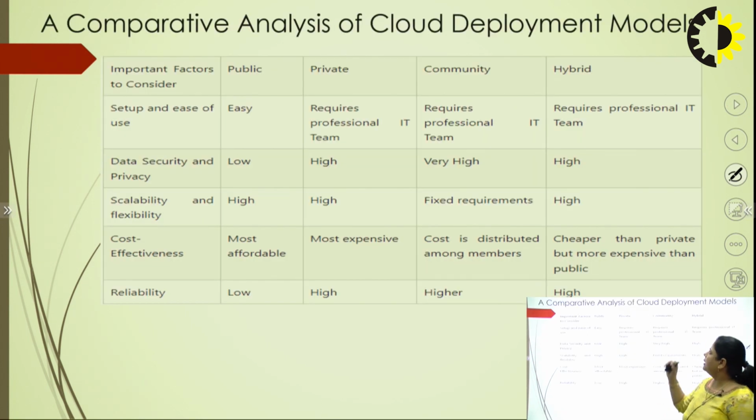So this is a comparative analysis of cloud deployment models, and in brief we can say that the hybrid cloud is a mixture of public and private cloud, in which the critical activities are performed using private cloud, while non-critical activities are performed using public cloud. So